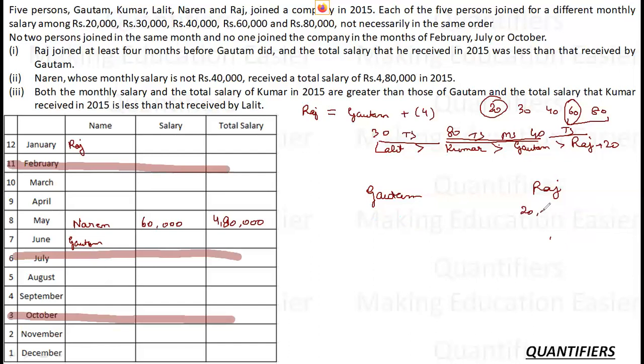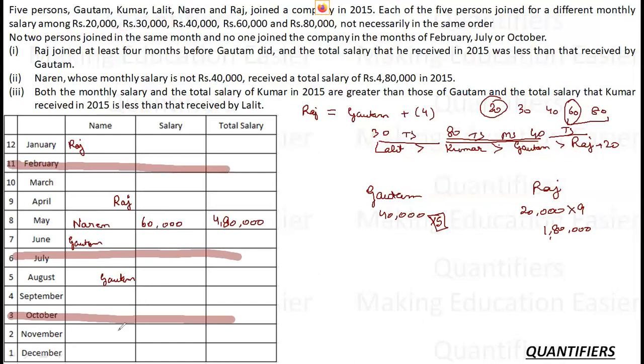So let's see if Raj is working for some other number of months. Let's say Raj is working for 9 months. If Raj is working for 9 months, it is 1,80,000, and Gautam's salary is 40,000. So 40 into, what should I keep? I should keep a minimum of 5, because in 4 months it is less. Okay, 5 is possible because 9 minus 4 is 5. 6 is not even possible because the gap will reduce from 4. So 5 is the only possible case. So this is another possibility. Yes, this is another possibility. What is the possibility? That Raj is joining here and Gautam is joining here.